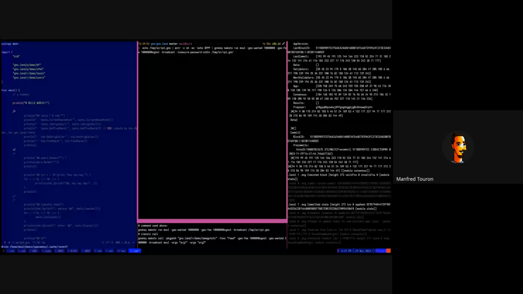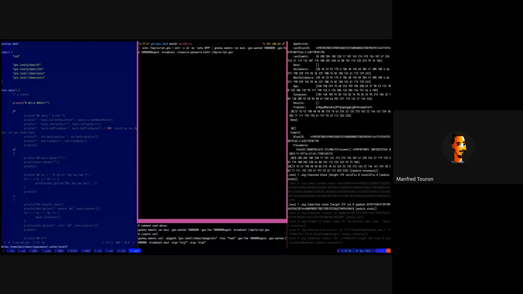If Manfred wants to take the run. For sure. Yeah, let me share my screen. We introduced a new keyword for gnokey.